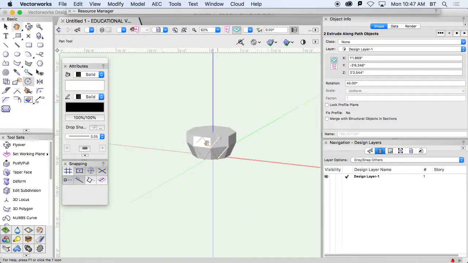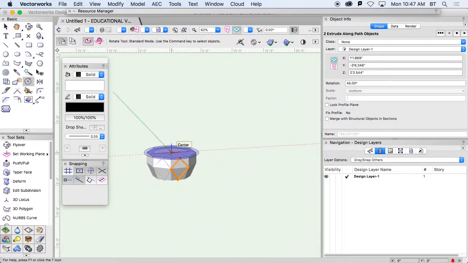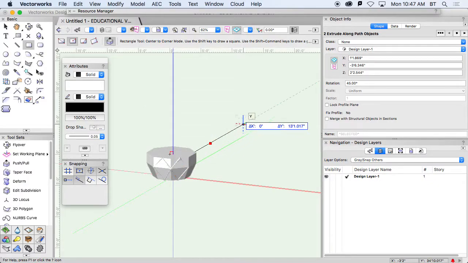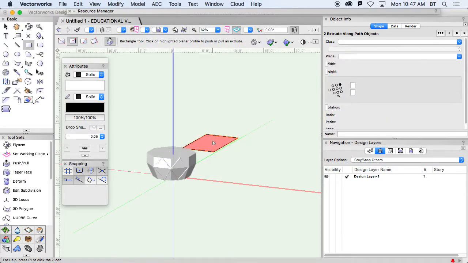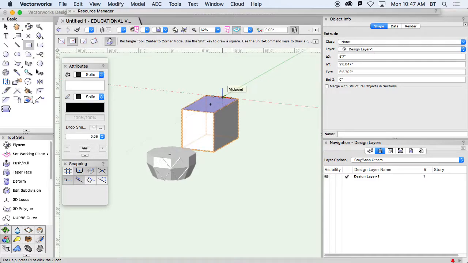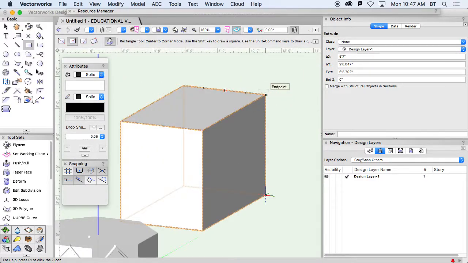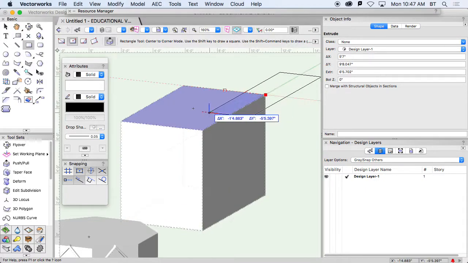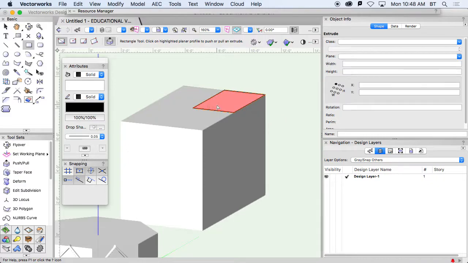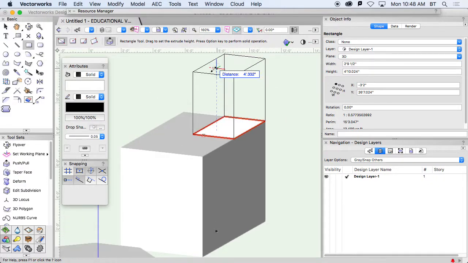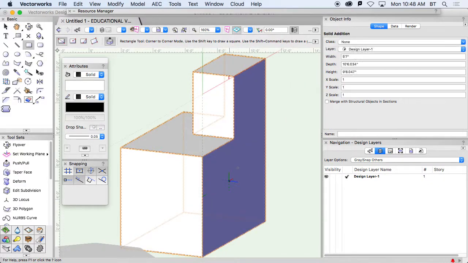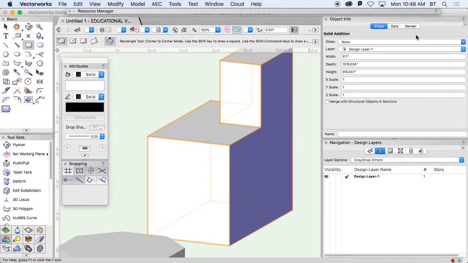So when we're mapping, I'm just going to draw a complex shape. I'm using my rectangle tool. I'm doing the automatic push-pull. I'm going to do another one on the face here. I'm going to add it, option. Okay, so now if I give this a texture,